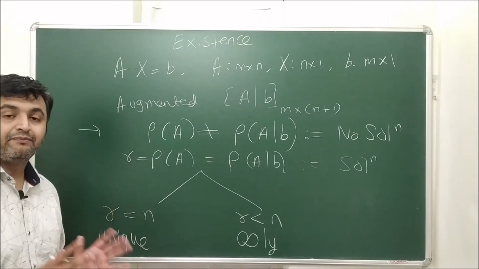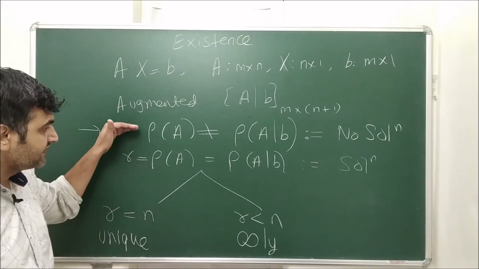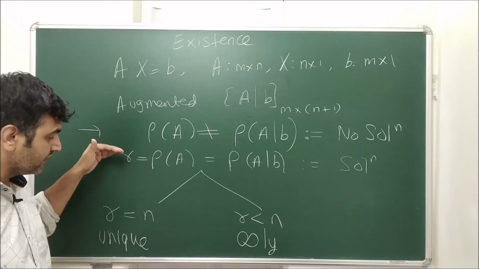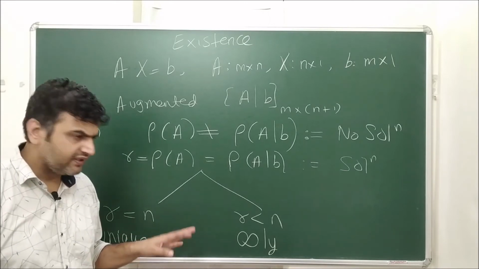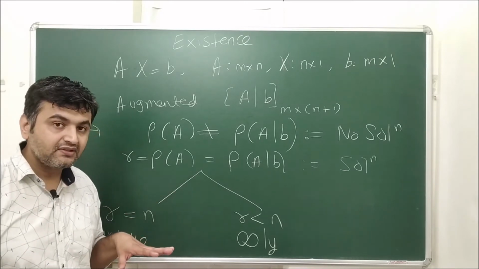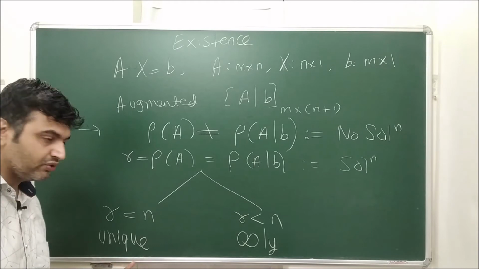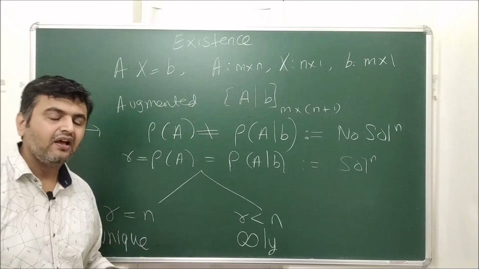So this is a very important theorem. Okay, so simply see this: not equal, no solution; equal, then unique or infinitely many solutions. Now one can ask, is there no case of finite solutions? Well, either it will have one solution or it will have infinitely many solutions. Why so?